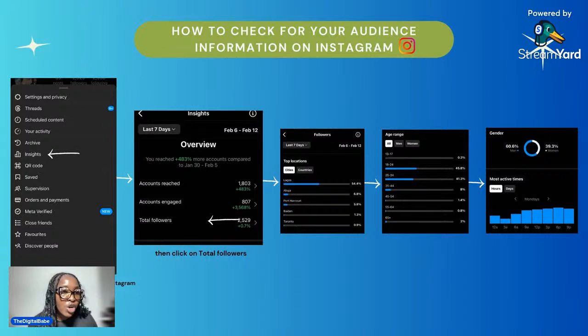So here, once you navigate to the insights section, you can see the picture. Once you go to insights, you click on total followers. When you click on your followers, you see their top locations where you can find them. Maybe most of them are in Lagos, most of them are in Toronto. You can see that, and then you can also see their age group as well, right? I want you guys to really look at this, because this is really interesting.